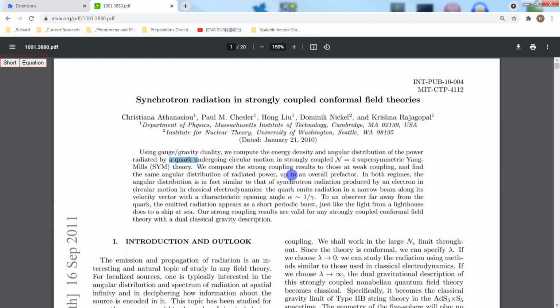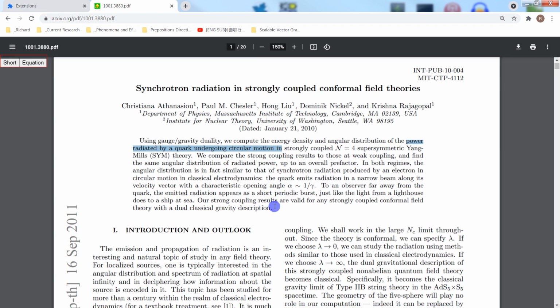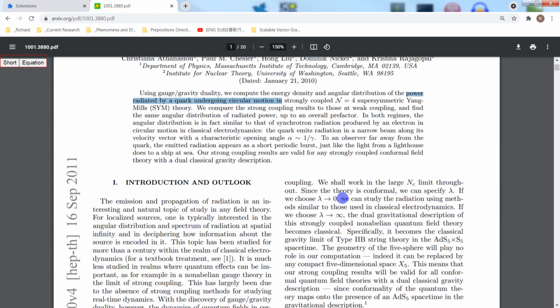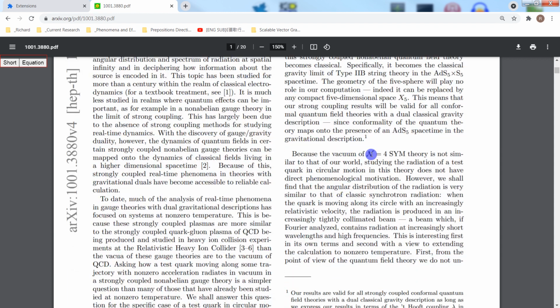Okay, the power radiated by a quark undergoing circular motion. Well, that's kind of an interesting thing. Okay, but power is in watts, and the intensity of that, watts per square meter, scaled down to femtometers, picometers, femtometers, down, attometers. They're down, as small as you want to go. Anyway, so let's see if they, okay, so that